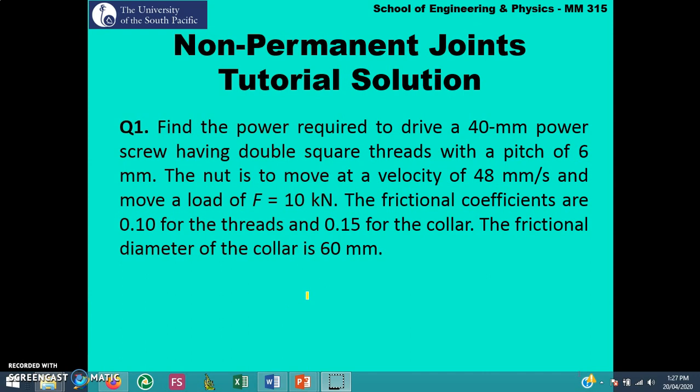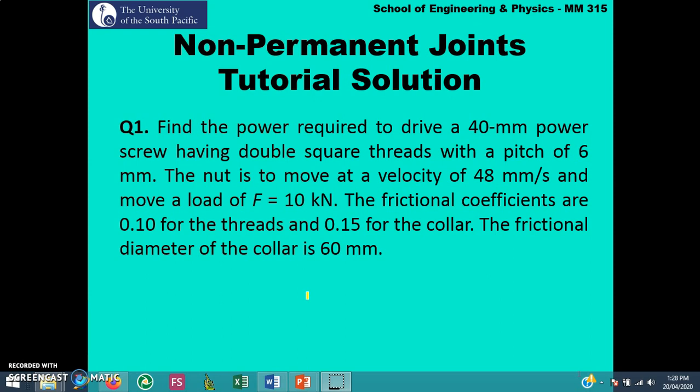Let's look at the tutorial on non-permanent joints. For question 1, it says to find the power required to drive a 40 mm power screw which is double threaded and the pitch is given as 6 mm. The nut is to move at a speed of 48 mm per second and it is to move a load